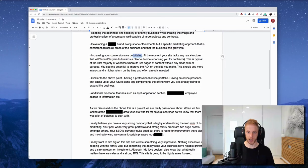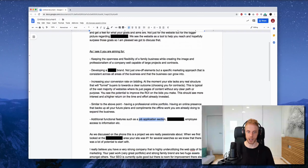And the next one was they wanted a job application section. So this is kind of technical stuff that directly links to a website, but they wanted a job application section and a back-end system for client information. So basically, I got a lot of stuff that they want fixed, and I'm the guy who can fix it. And I'm basically